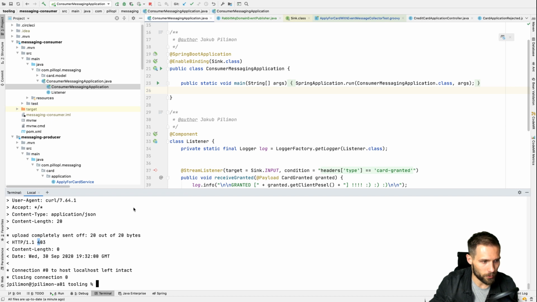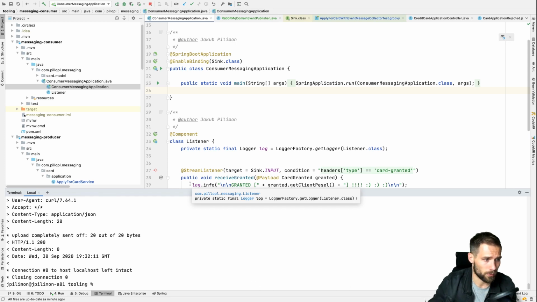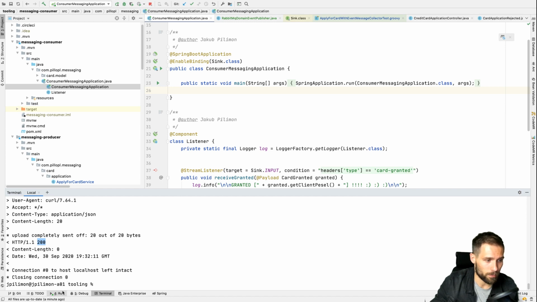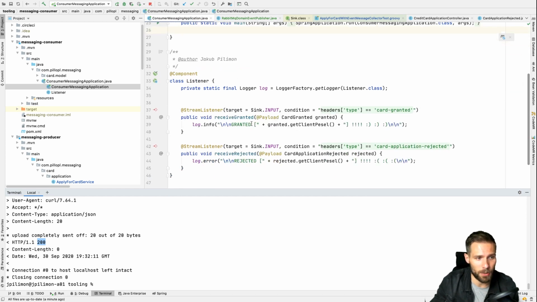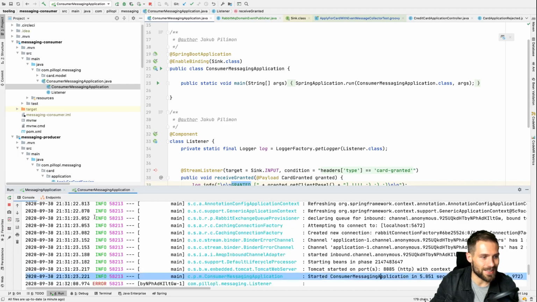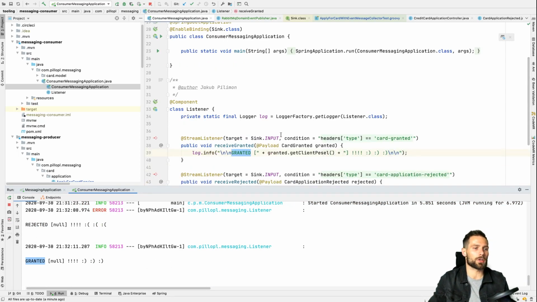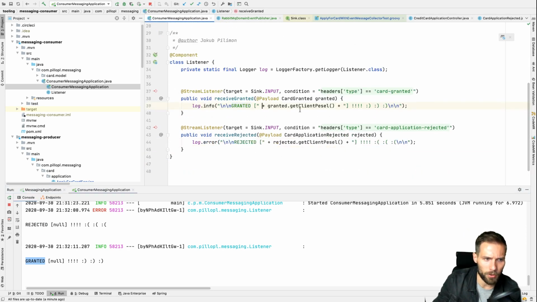I got it. Great. Let's try the happy path. A person born in the 80s. I am expecting 200 OK. We got it. So I'm expecting right now two log statements, rejected and granted respectively, in the second application. Let's see, where is that? Oh, as you can see, rejected and granted, everything works fine,